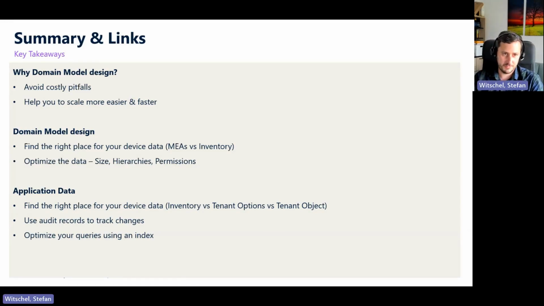Why domain model design is important. It enables you and avoids that you run into costly pitfalls. It helps you to scale your solution easier and faster. It also helps you to be more flexible, of course. For the domain model design, you need to find the right place to store your data, and you need to